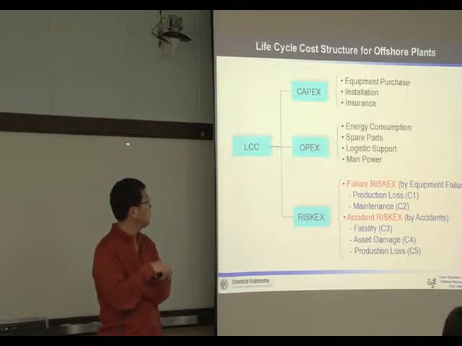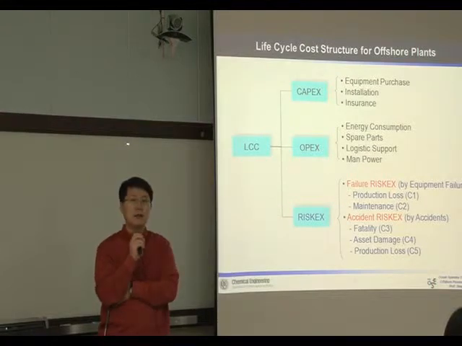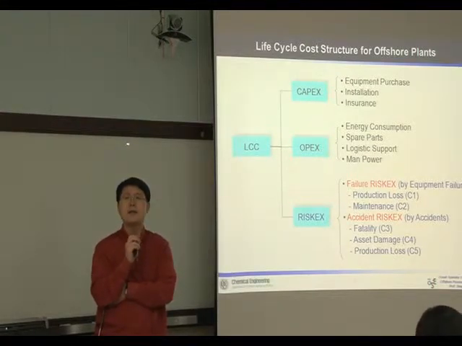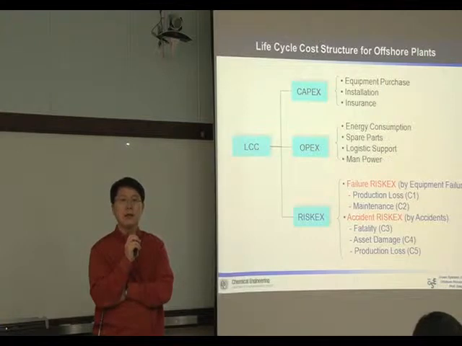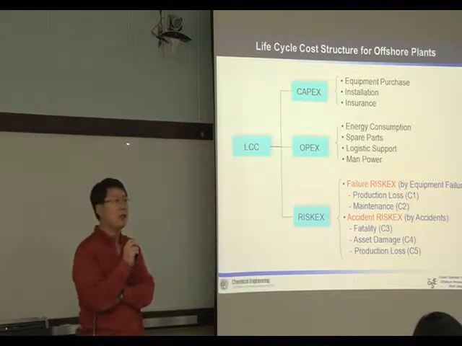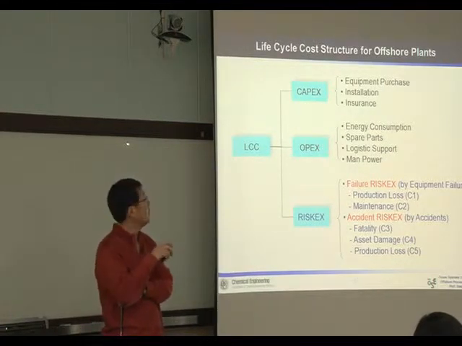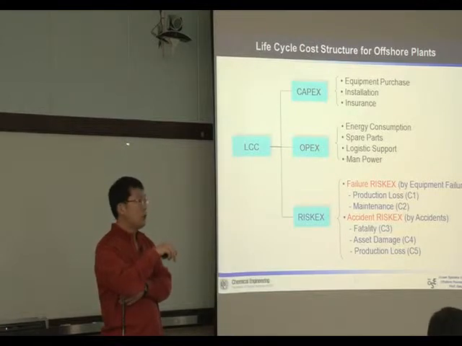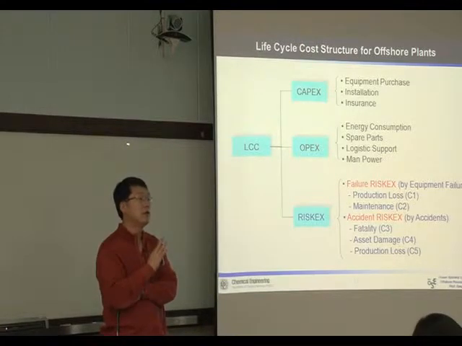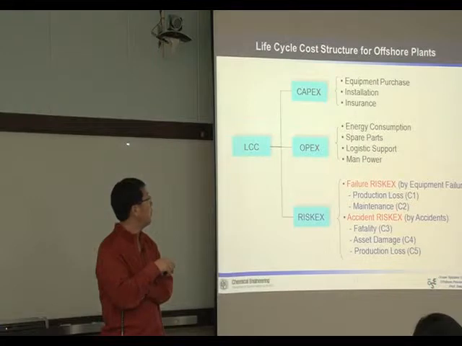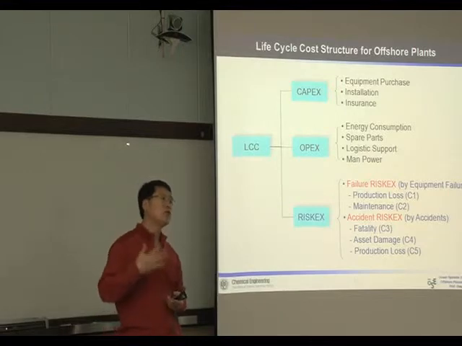So we need to consider this kind of cost. This kind of cost is subject to uncertainty. Someone calls it risk expenditure. The other kind of cost is kind of fixed. If we have a plant, we can estimate the energy consumption, and the plant will consume the energy